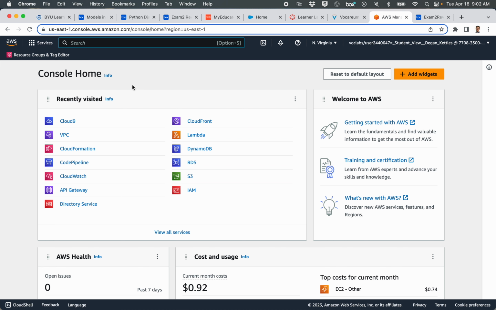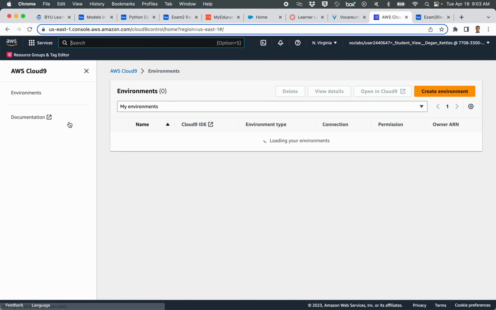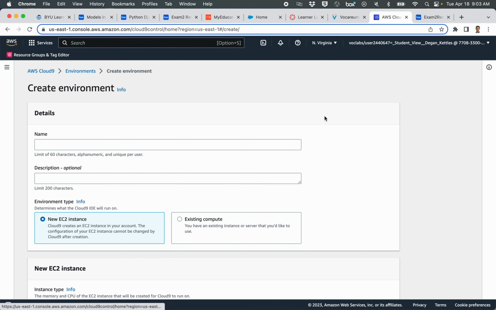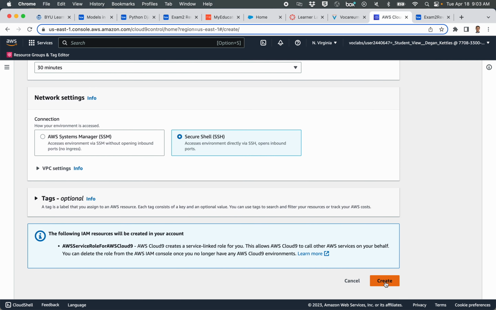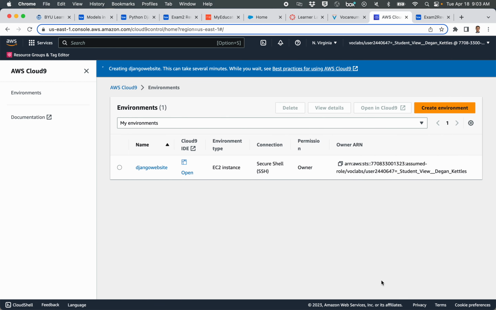You can get a year's worth of free credit if you're getting a personal account. And you just type in the search Cloud9. And this is what's going to come up. Create a new environment and just give it any name. We'll call this Django website. And the other thing I'm going to put on here is secure shell. Those are the only 2 changes I need to make, and it will create a development environment that looks a